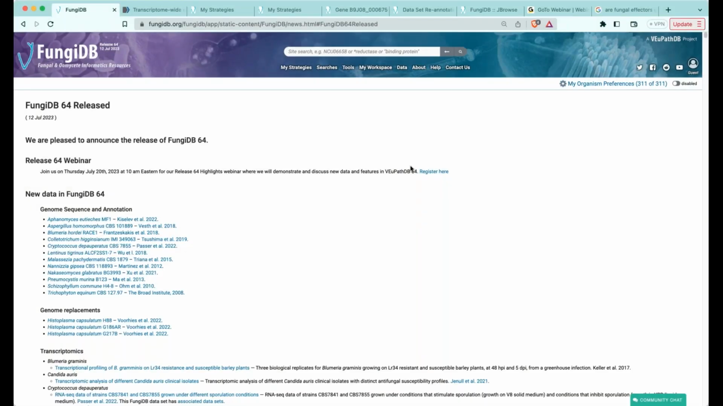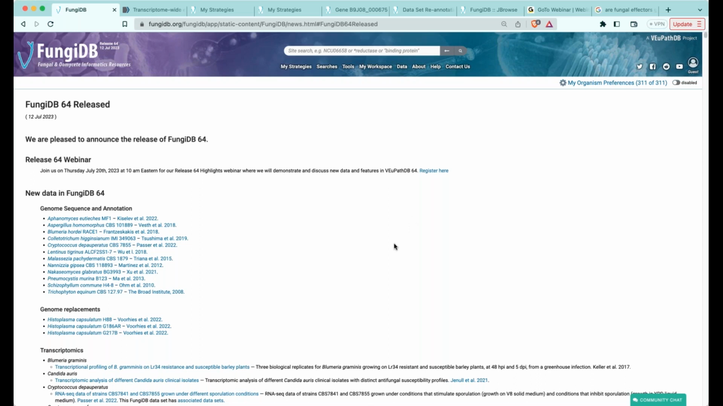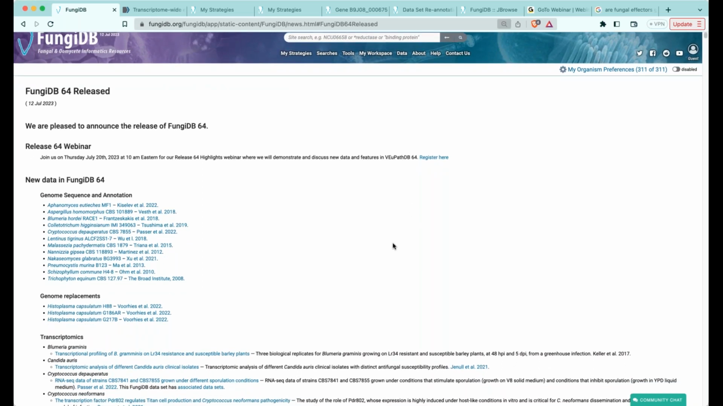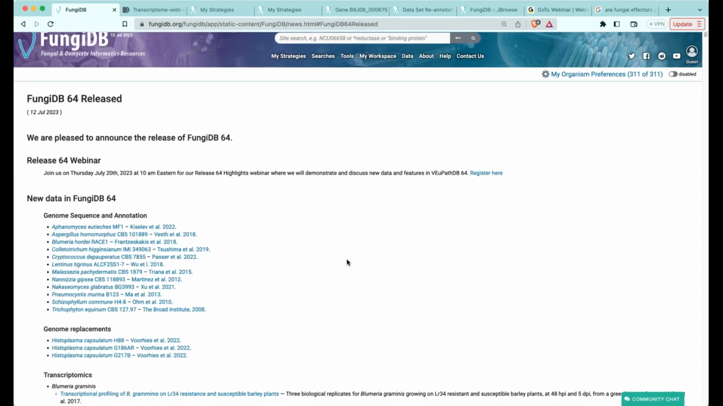Okay, you should be able to see now the FungiDB webpage with a news release for release 64. Okay, so I will walk you briefly through the data sets that we have integrated in this release, and I will start by reviewing the genomic sequence information. So in this particular release, and I'll make the page a little bit bigger so you can see it better,